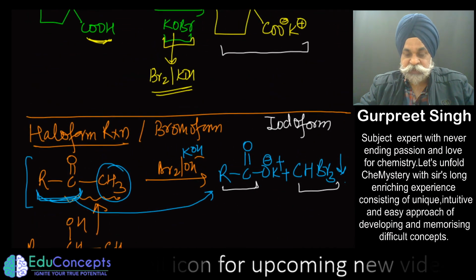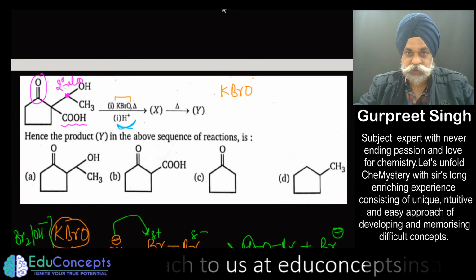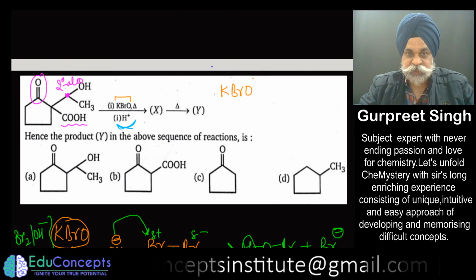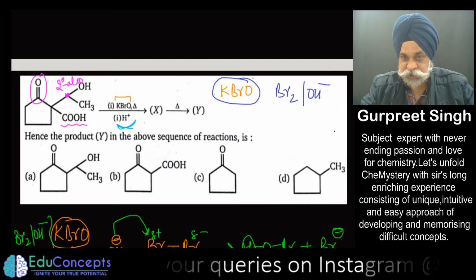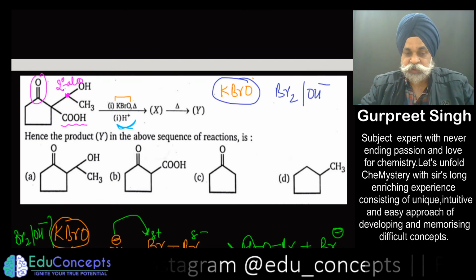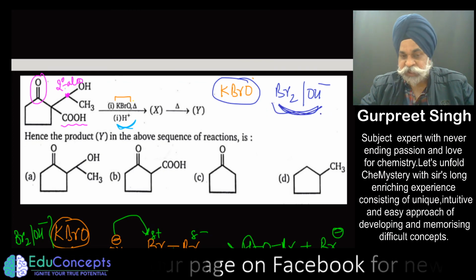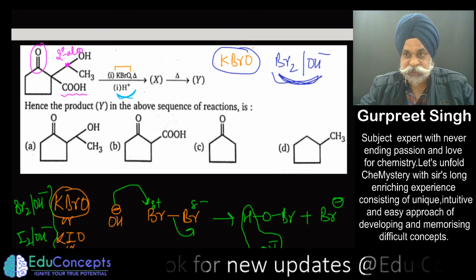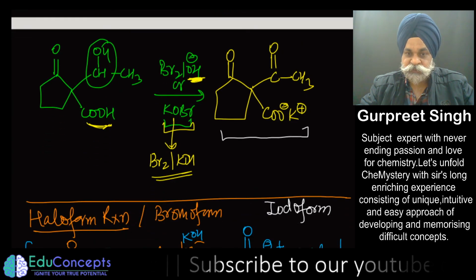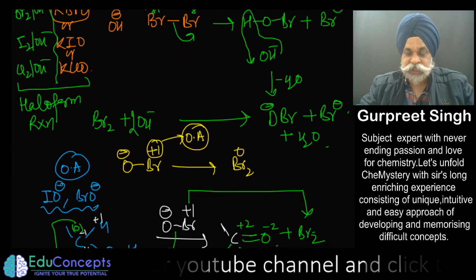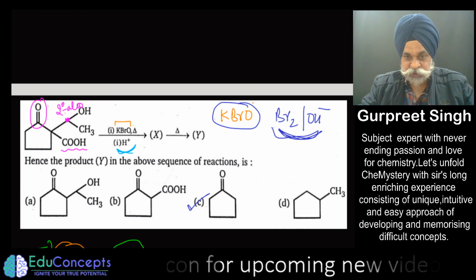In this question, let me consolidate what we have learned, that there are two aspects to it. First, what is the role being played by this particular species? What is the reagent? This reagent is Br2 plus OH negative. This is the learning. First it oxidizes secondary alcohol to ketone. Then this species would lead to a reaction which we call the haloform reaction. Once that haloform reaction has happened, you end up getting 1,3-dioic acid along with beta keto acid. Once you heat them together, you would lose 2 moles of carbon dioxide and ultimately reach an answer which is the C option.